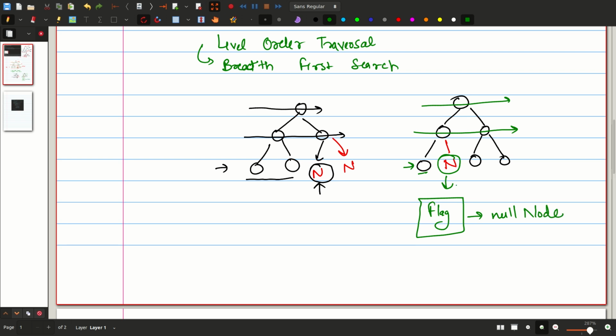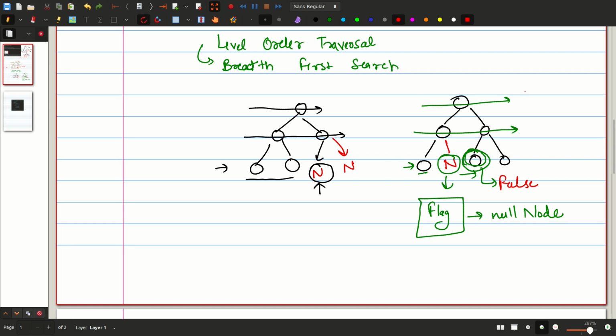Okay, after I found my flag, as per the definition of a complete binary tree, should any particular node be present in my tree? No. So I start iterating again, but here I found a particular node value, not the null node, but a not null node I found. So if I found a not null after a null node, that is against the definition of a complete binary tree. So at this step only I will return a false value. I hope you got the approach here, what I am trying to do here.